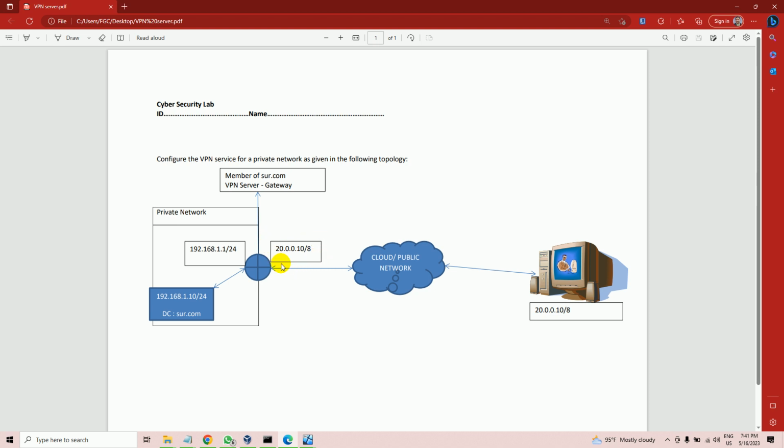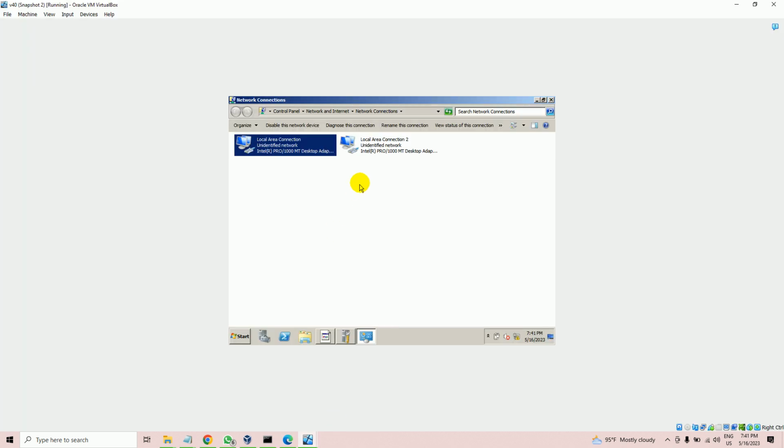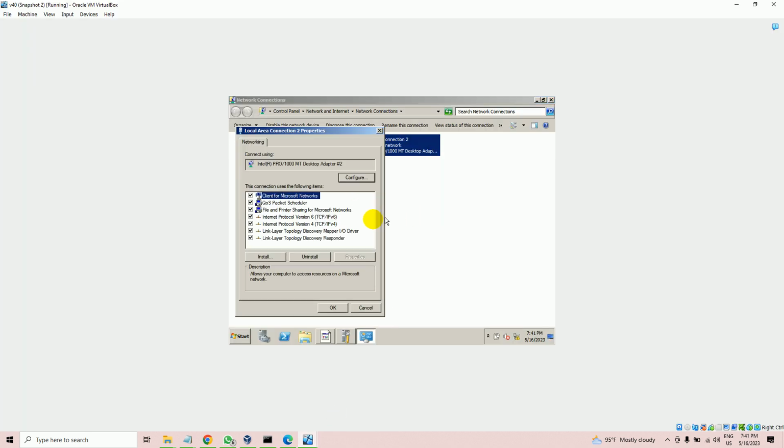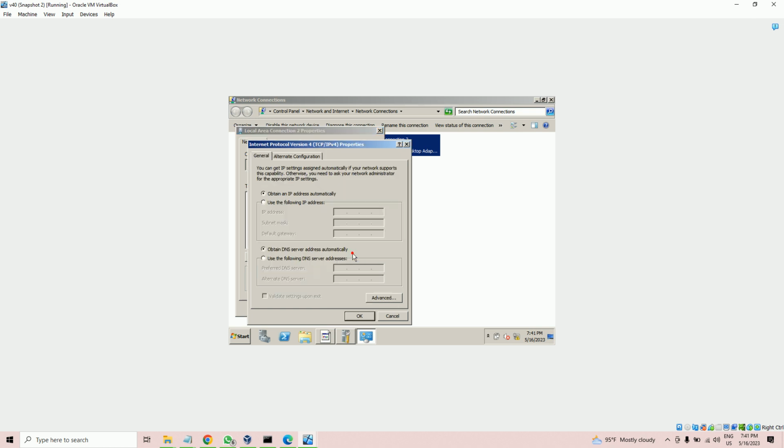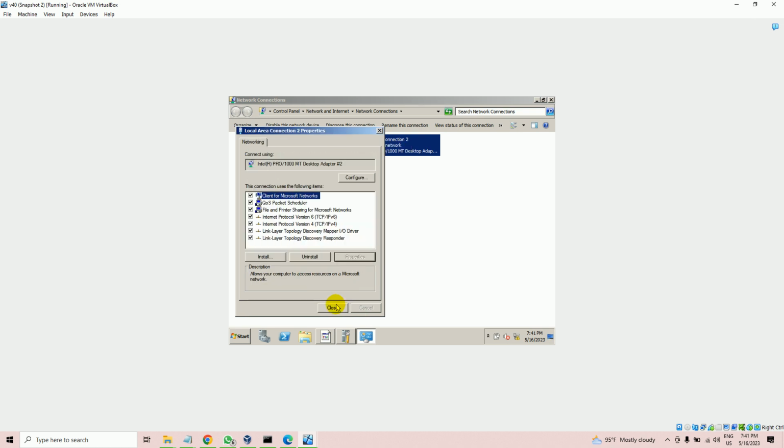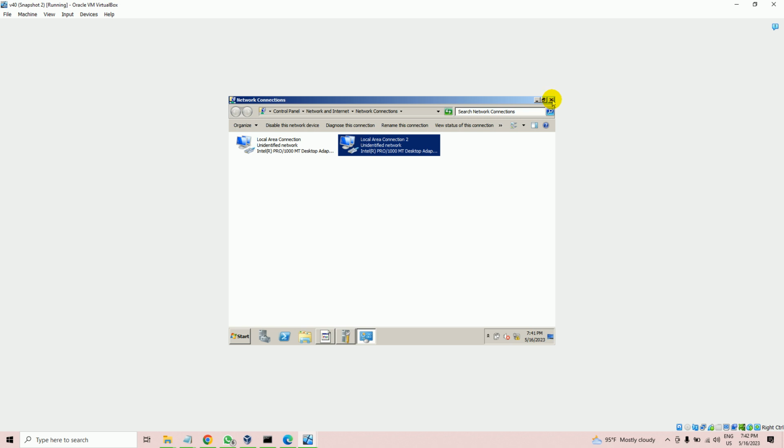You need another external IP address. This is the external IP address. So right click, properties. Check what the IP is, 20.10.10, and this is the subnet mask, and there is no default gateway. So again, give the DNS, 192.168.1.10. So once this is done,